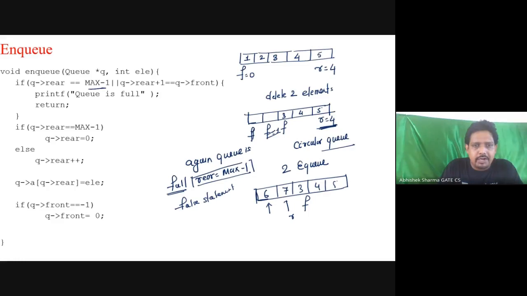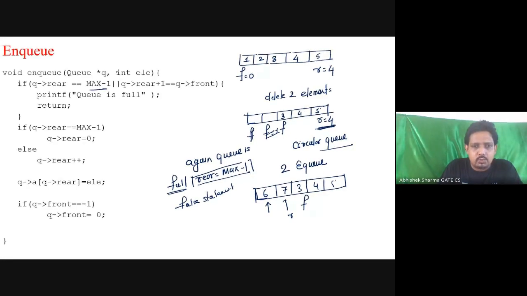Okay. So queue pointing to rear equal to max minus 1 is one condition for being full. I believe I need to check two things here. Let me just modify this one. This is not correct.